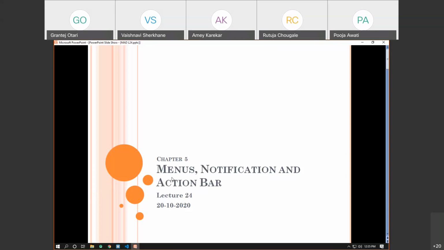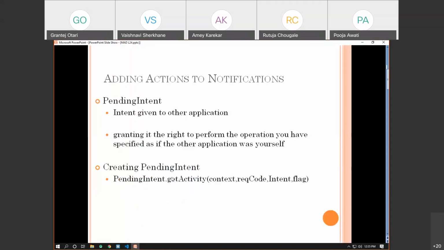Okay. So let's see how we can handle the events related to the notification. This is basically called adding actions to the notification.